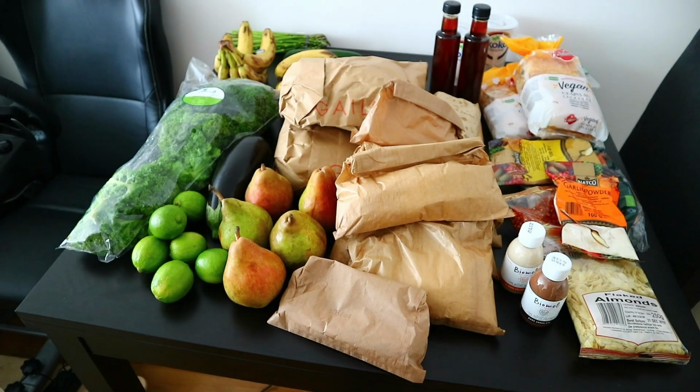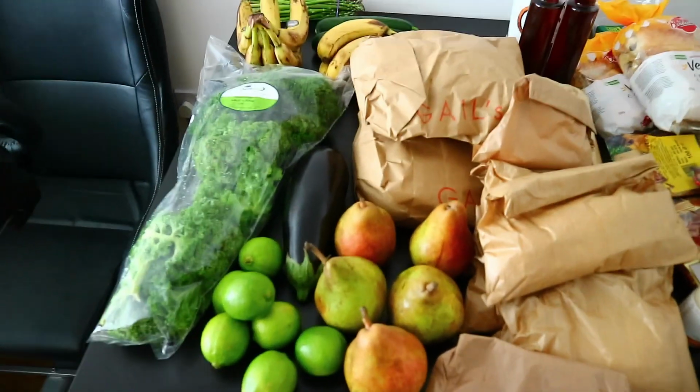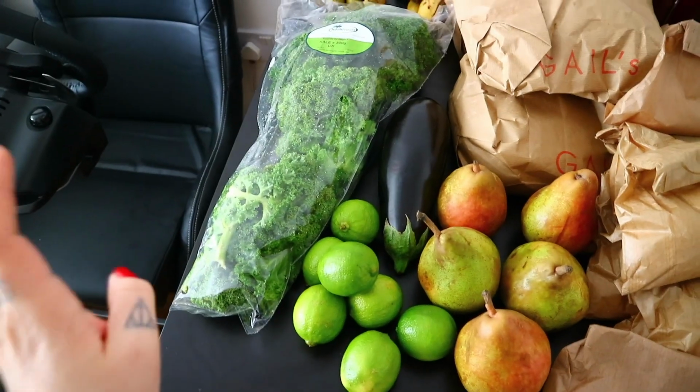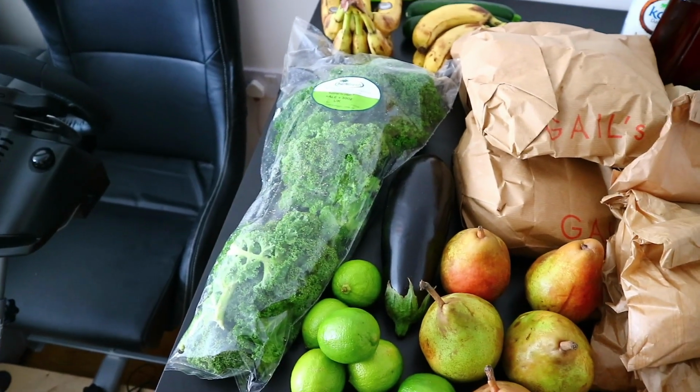So, to make things a little bit easier, I've just moved everything onto my table to show you what I've bought. I think we're just going to start on the left here and then slowly move our way over. So the first place where I stopped by is Chiswick, where I bought everything because I love